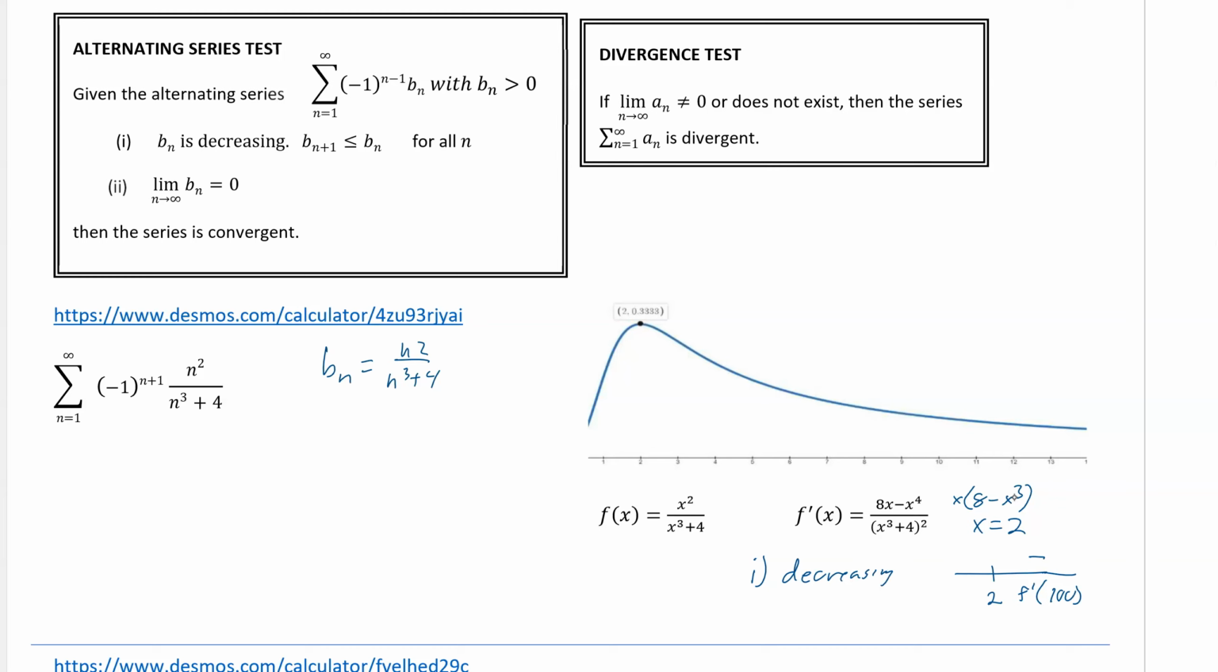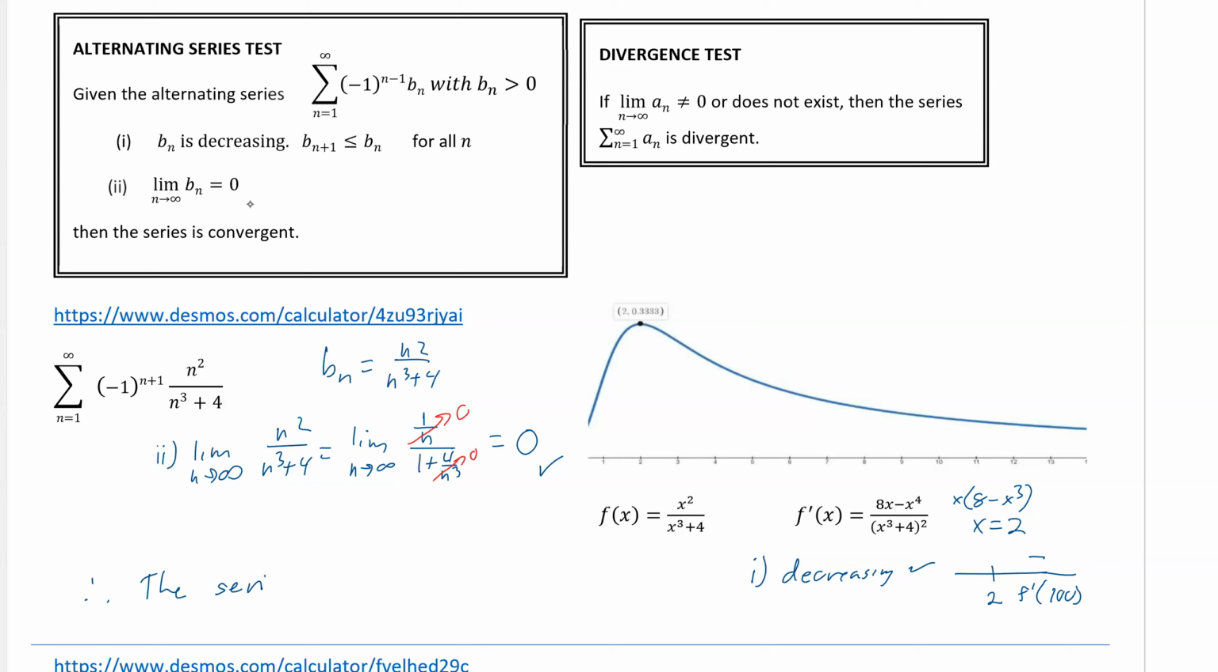decreasing, check. So now all we have to do is show that the limit as n approaches infinity of our b sub n is equal to 0. So condition 2. Now if we divide everything by n cubed, we get 1 over n, 1 plus 4 over n cubed. And that goes to 0, that goes to 0, so it equals 0. Check. Therefore,